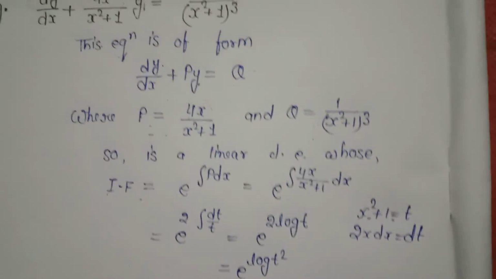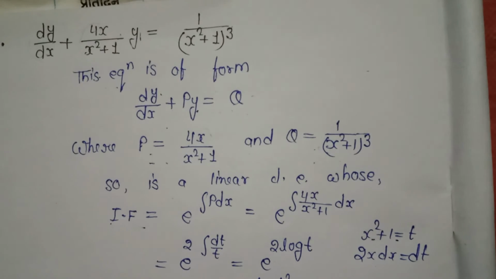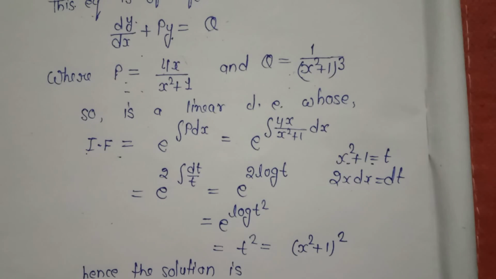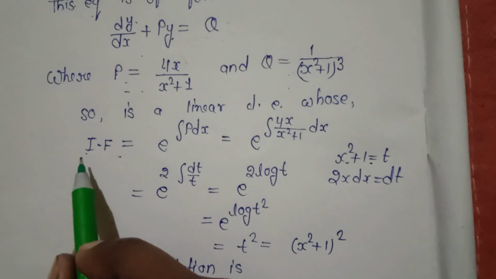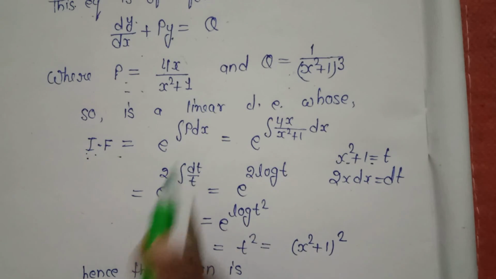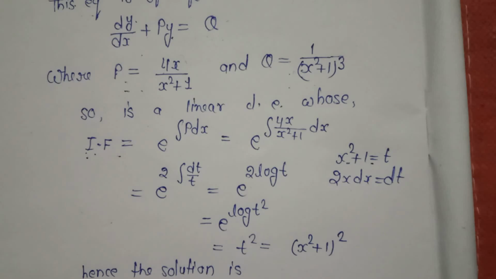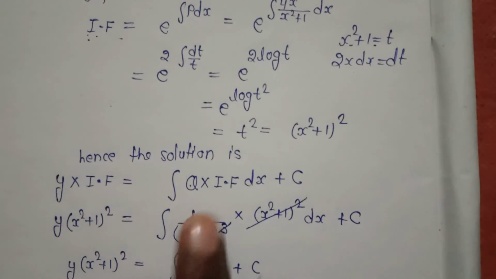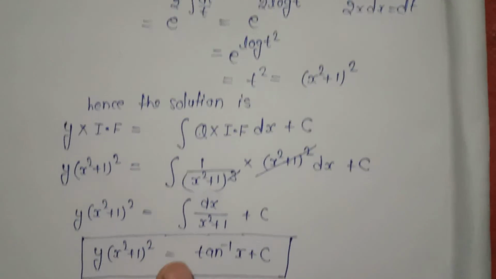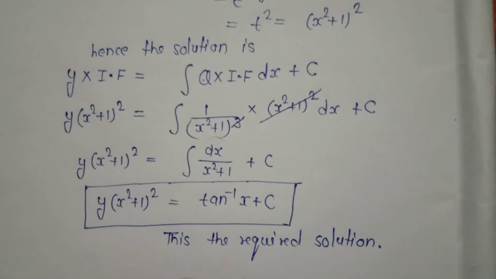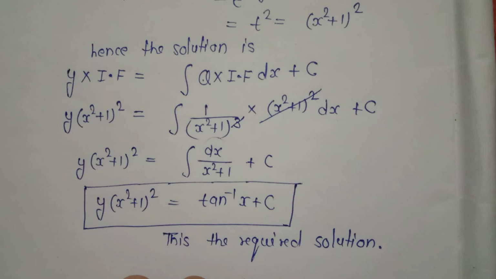So you can see this was so easy to solve. Firstly, I compared the given differential equation with the standard form, and then I got the values of p and q by comparing them together. And then I found the value of the integrating factor by applying the formula that I told you in my previous video. And then I found the solution of this. Okay, so it was so easy, you can find it. And now I am going to take the next example, which is linear in x.